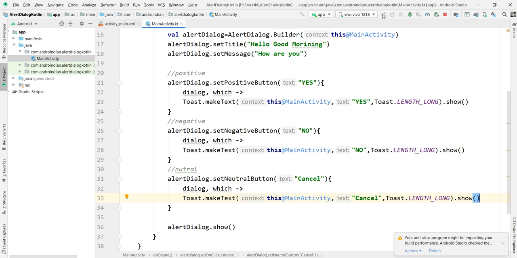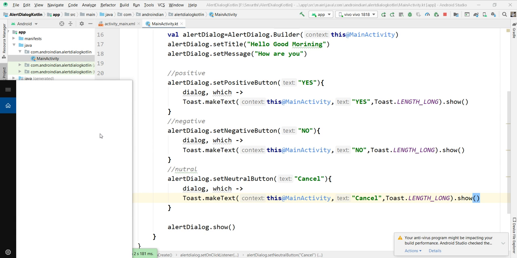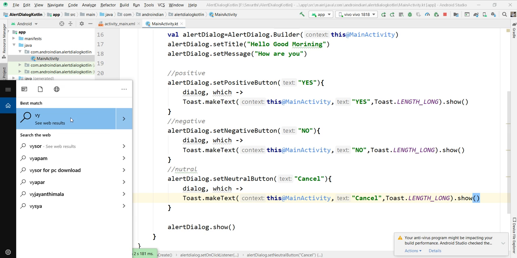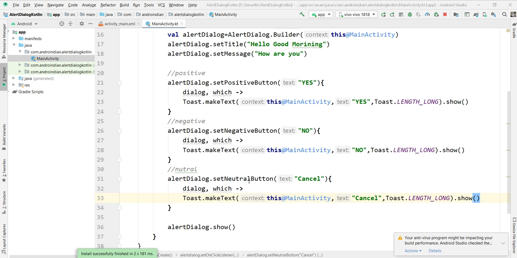We'll see what happens and what the output of this is. So this is the way we are declaring this. Just a minute, I'm opening the visor to show this output. It already ran on my mobile. This is the way we use the alert dialog.